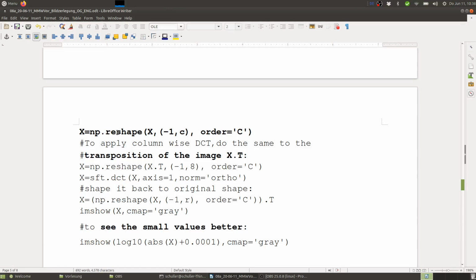And now we want to apply the DCT to the columns. Instead of applying the DCT to the columns, we transpose the image. This has the advantage that we just copy and paste the commands that we just saw. So here I have the transposed image, do the same reshape, DCT again along the rows, because in the transpose the rows are the columns of the original, and then we shape it back. And now in this capital X we have the rows as well as columns of each 8x8 pixel block